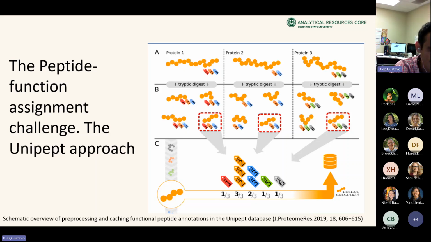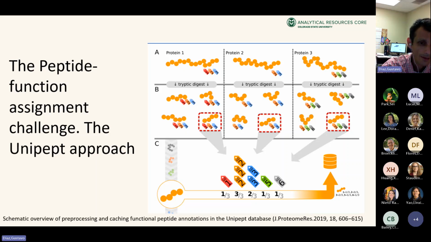When we have our analysis and we get in our experimental sample that particular peptide, what we do is we assign to our sample all of those GO terms, all of those biological functions. On top of that, we use the abundance information from our proteomics analysis to give us a quantitative participation of that particular function in the sample.